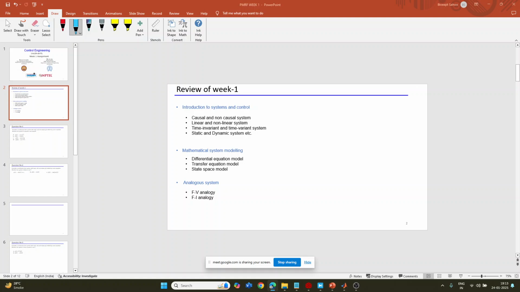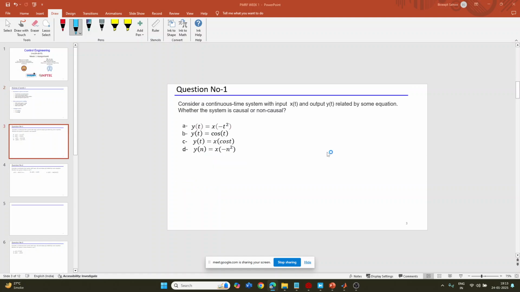I am just going through some of the questions, and we are going into detail for all of them. I'll give you the background of all the questions and how to solve them. After solving all the questions, you should be able to attempt the assignment and upload it in time. So let me go to the first question of today.